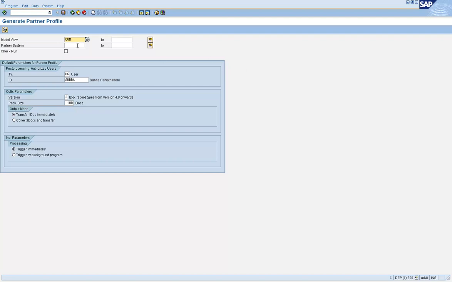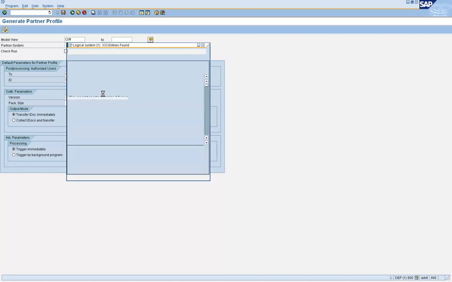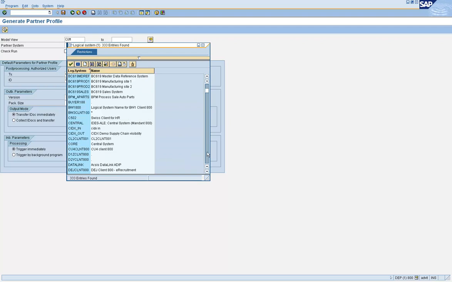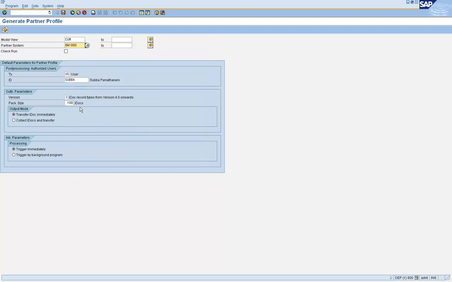So in our case, since you are in DEP800, the partner system for DEP800 would be BW1800. So select the BW1800 logical system name, and ensure that the transfer IDOCs immediately and trigger immediately radio buttons are checked, and click on execute.